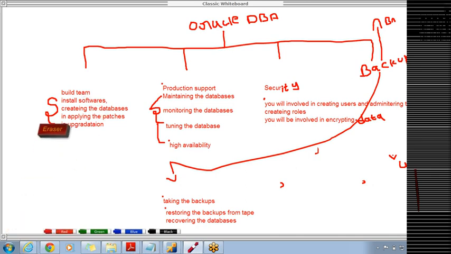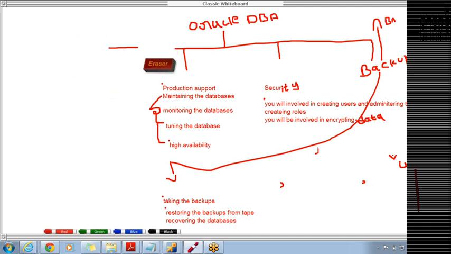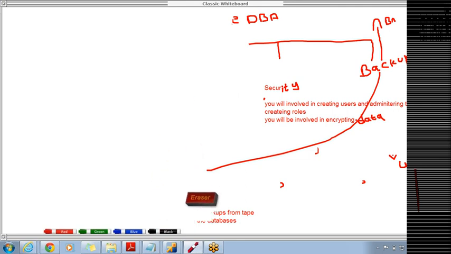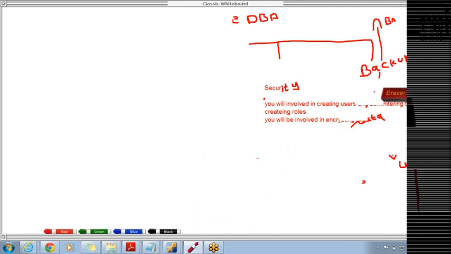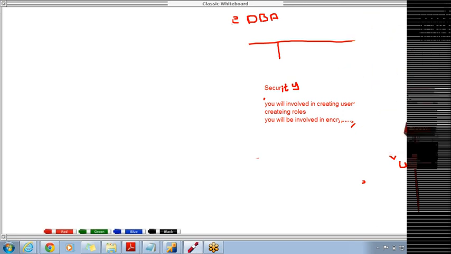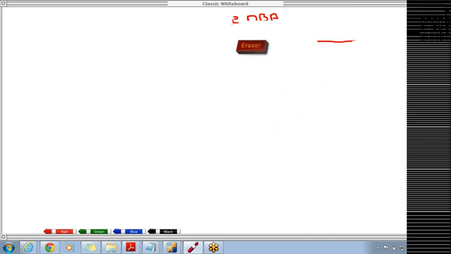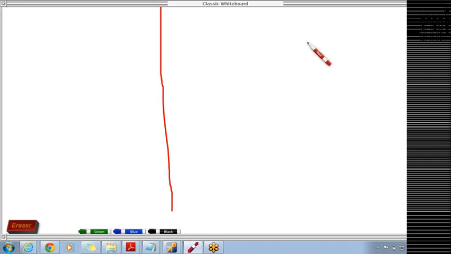Now, as we saw what an Oracle database is and what the responsibilities of an Oracle DBA are, we will see how the users can connect to the database. A user can connect to the database in three ways. One of them is a client-server configuration